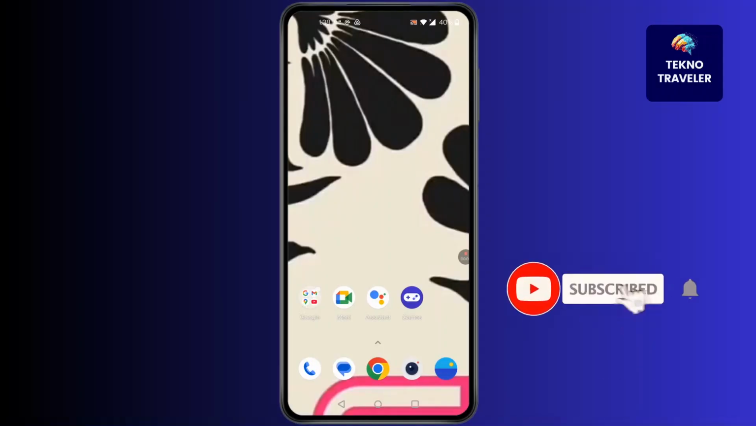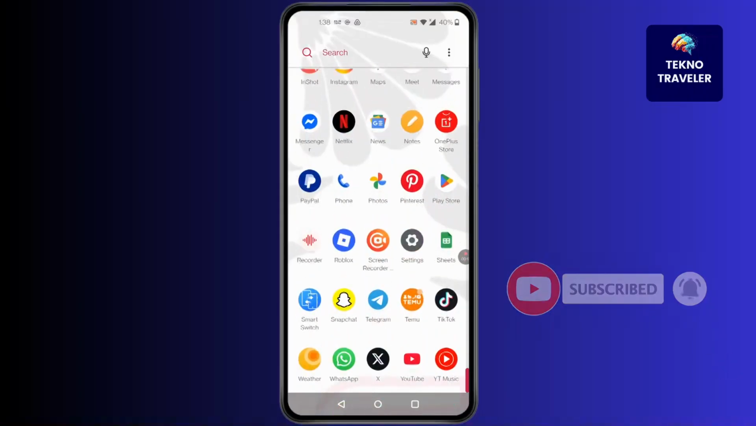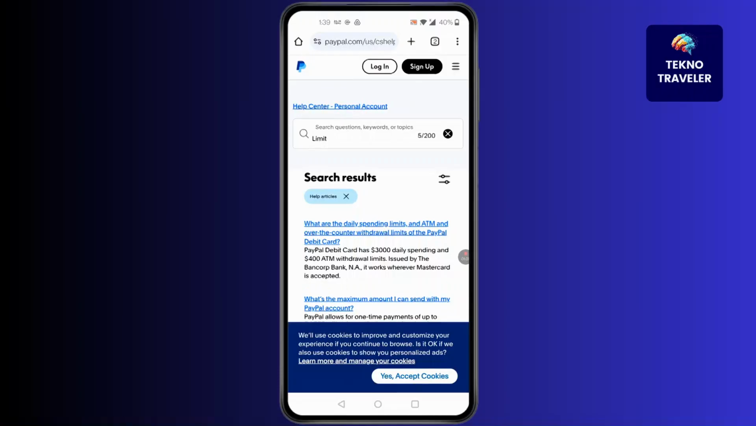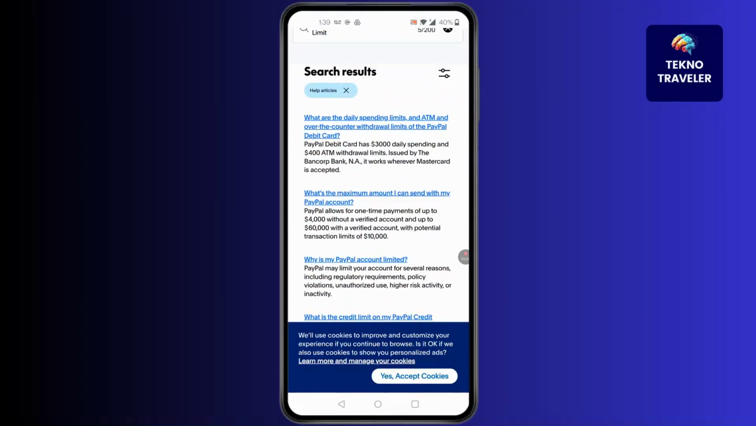First, open PayPal on your device. Log into your account and then click on Wallet located at the bottom right corner of your screen. In here, if you have added a debit or credit card, click on your card and you will be able to see your limit. But if not, you can also go to Help Support of PayPal, and as you can see,